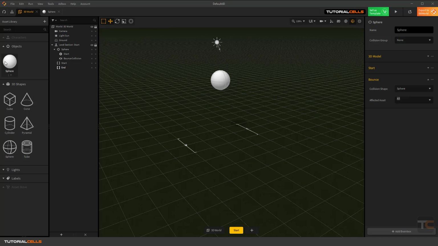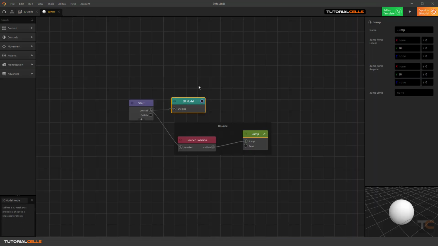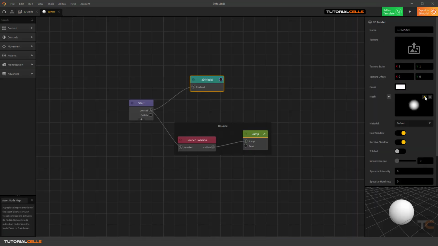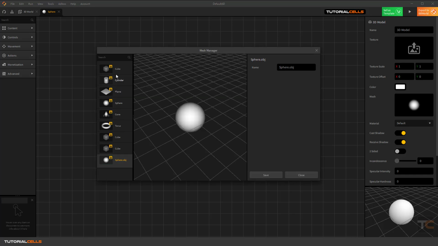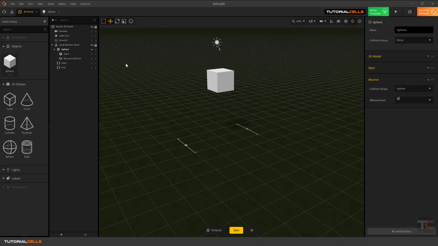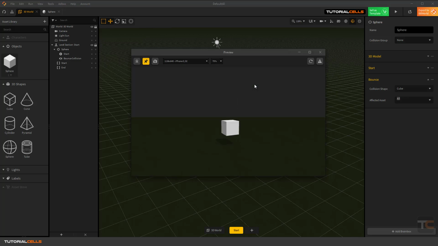If we go into the sphere and the 3D model from the mesh, you can directly change the object with another 3D model like a cube there. Then you go into the world and change this to cube. Let's see what happened here in the bouncing. It bounces. Look at it, it has an angular rotation in